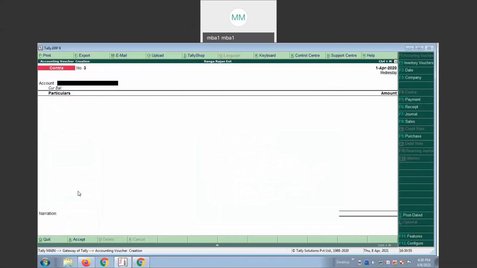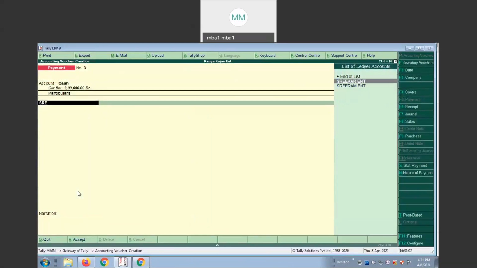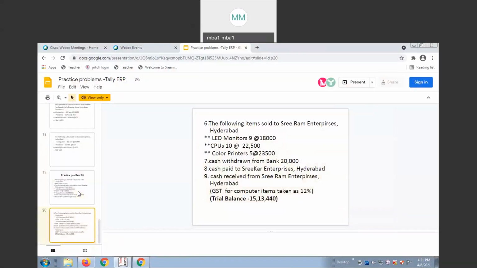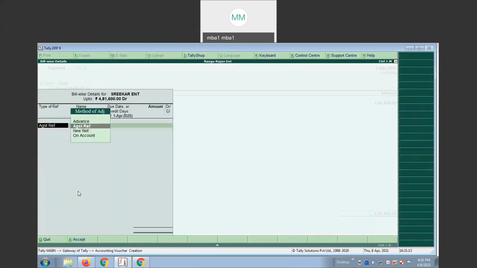See, payment. It is payment. Cash. We paid cash to Srikar Enterprise. How much cash do we need to pay? 4,81,600. Because no amount is given, the balance showing is 4,81,600 that we need to pay. Save it.